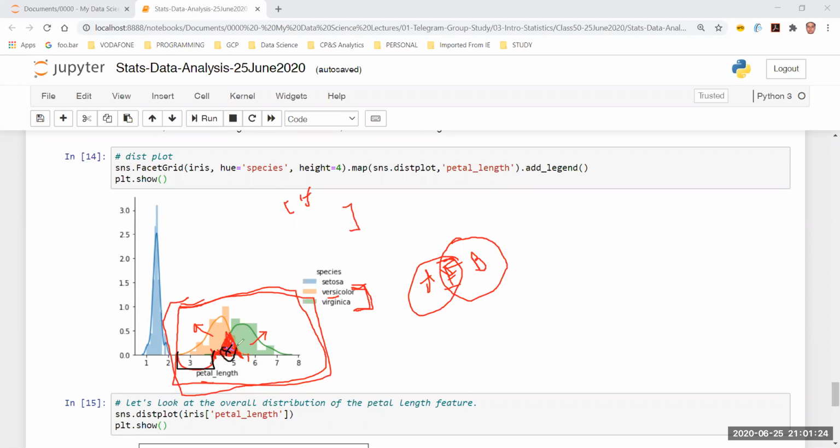It is actually true that it is part of the versicolor case. Maybe it is really part of the versicolor case, but I have not classified it that way because my if-else statement is very rigid. It is saying anything in this region is what I'm going to consider. In that case, if you write such a logic, you will only get this much part, the one that I have just hashed out. You will get the area under this part of the curve. That is one of the uses of the probability density function. You look at the area beneath the curve, and then you can come to a conclusion.